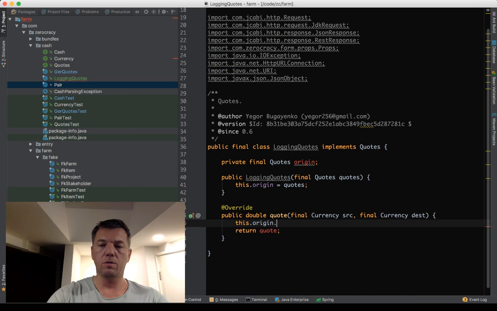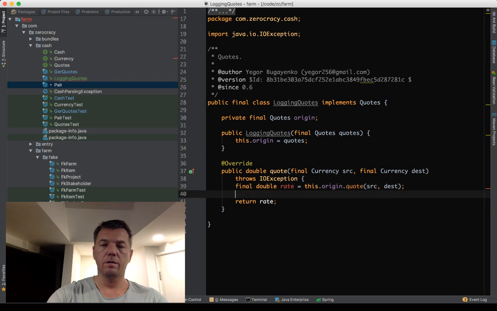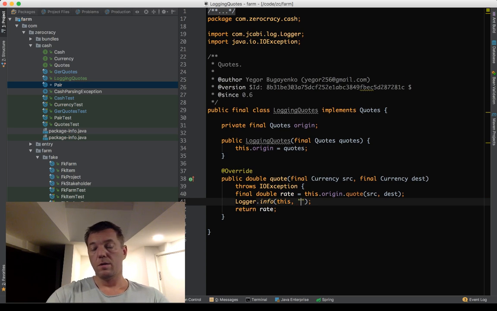This origin quote src destination, double rate. There's an exception here. And then we say from here to here, from src to destination rate. Nice. So now we have a decorator which we can use.